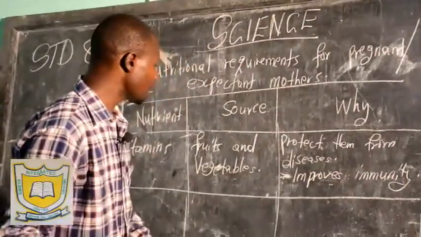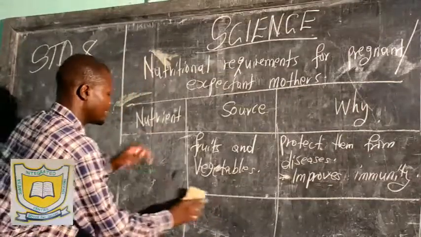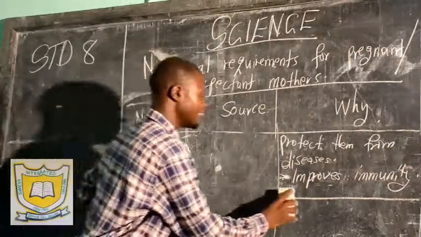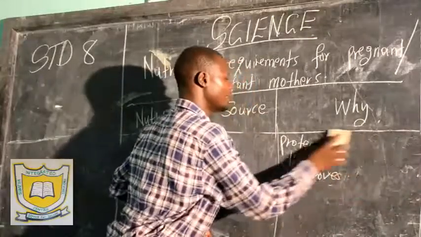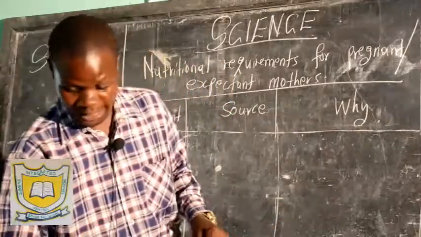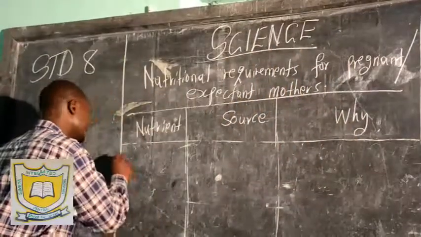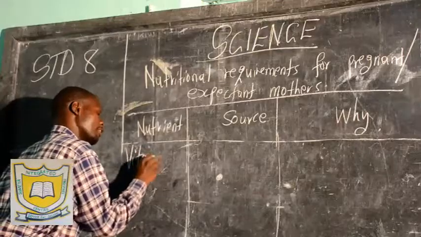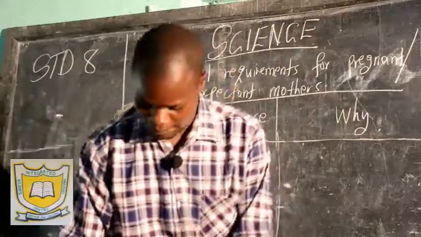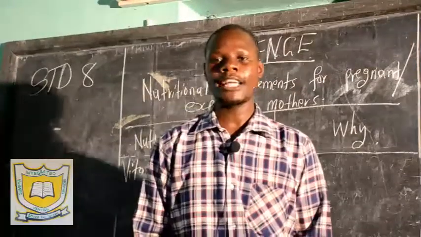Vitamins. You understand we have several vitamins. We have talked of the vitamins, sources of fruits and vegetables as vitamins. We have vitamin A, vitamin B, vitamin C, vitamin D, and different sources and their different functions. We have already talked about that. So specifically I will talk about vitamin D, which is of great importance to an expectant mother. Why am I selecting vitamin D as a very important vitamin as per the expectant mother?